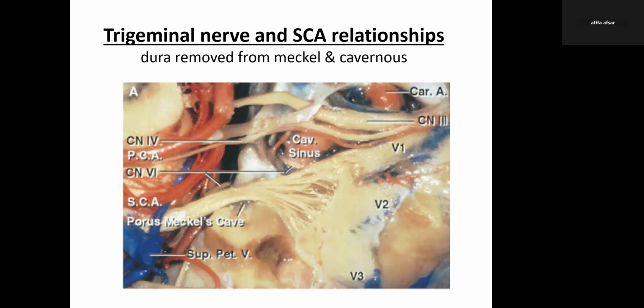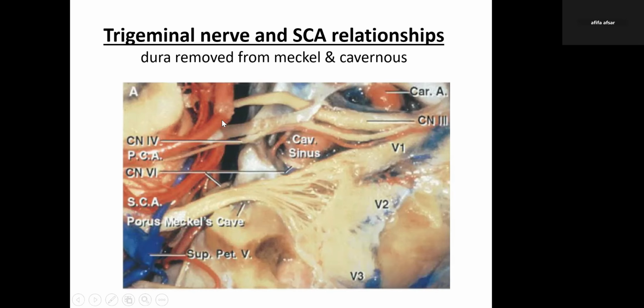The major problem that we encounter in the upper complex is usually trigeminal neuralgia, for which the procedure is usually done. The offending vessel in cases of trigeminal neuralgia is usually an SCA loop. Sometimes it could be an ICA loop, or sometimes a tortuous basilar. But the most frequent vessel that bothers the trigeminal nerve is the superior cerebellar artery. So it's very important to understand the relationships of the superior cerebellar artery with the trigeminal nerve itself.